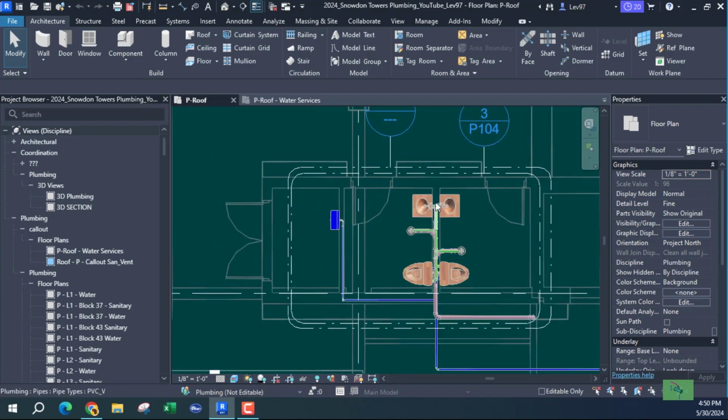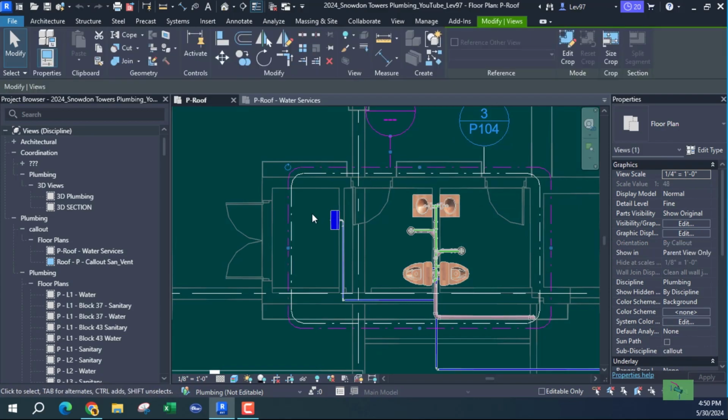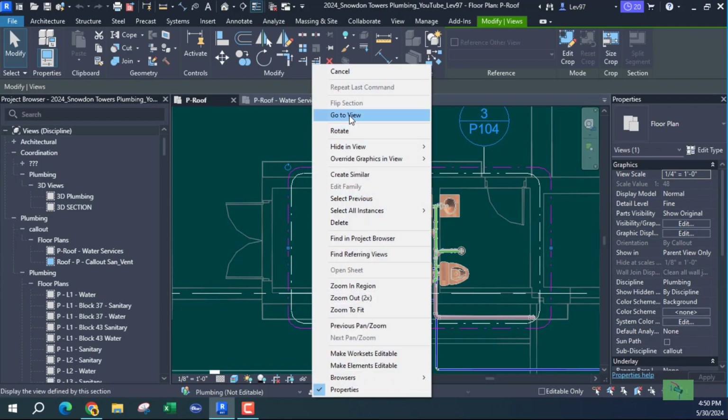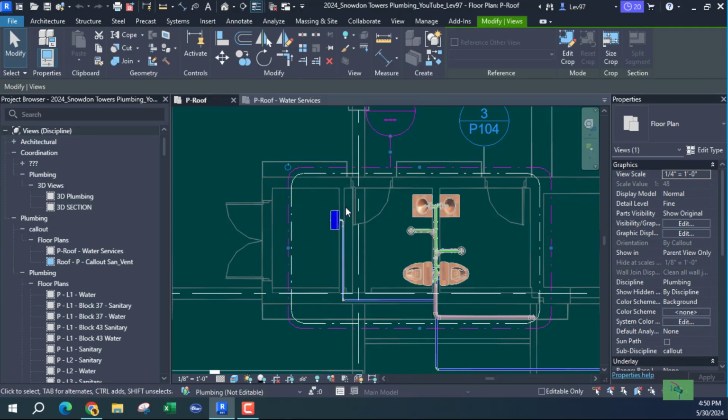So what I've done here, these are call outs. I'm going to do a call out for the water services, and there's a call out for this drain. It's for drainage and the vent. So I'm going to highlight this guy and right click and go to that view, because the only thing it needs is hot water. This is the cold water coming in